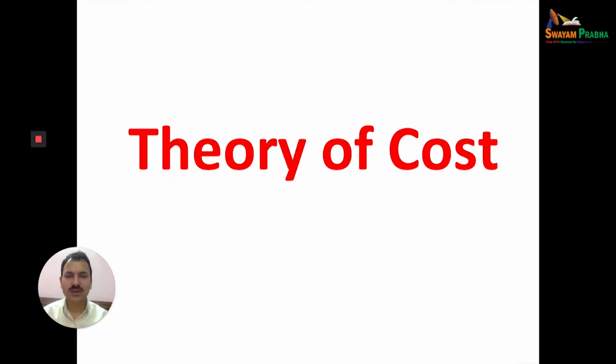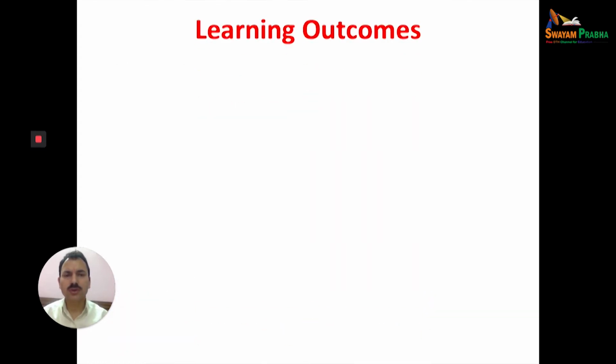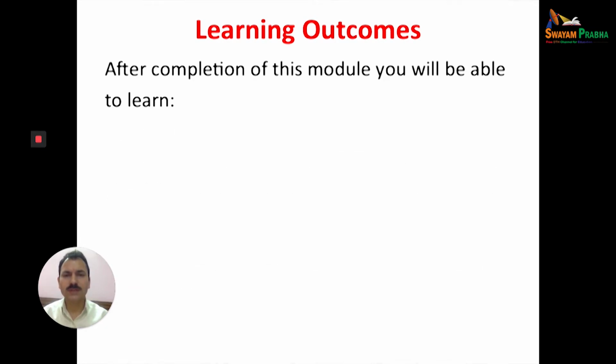Welcome everyone to today's lecture on Theories of Cost. This is Module 7, Lecture 1. The theory of cost can be divided into two parts: one, traditional theory, and two, modern theories. Traditional theory includes all short-term cost curves, and modern theory covers long-run cost curves, and more specifically we will